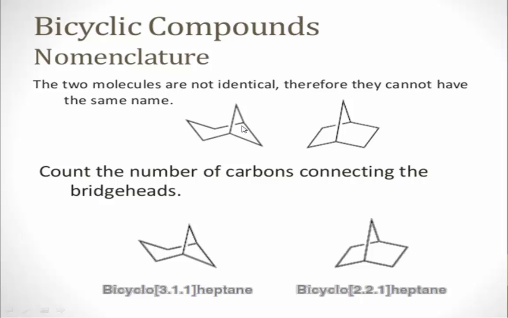Next, another rule, means second rule: while writing the name of bicyclic compounds, first you select the longest chain,